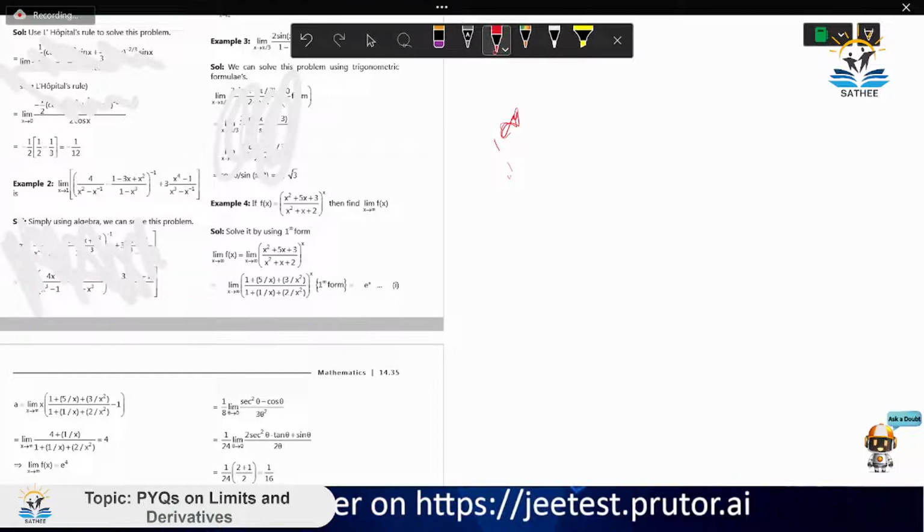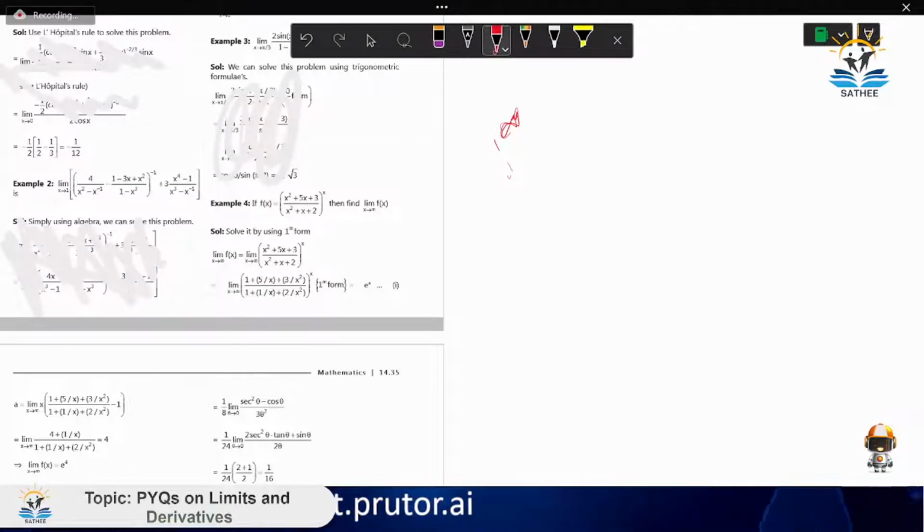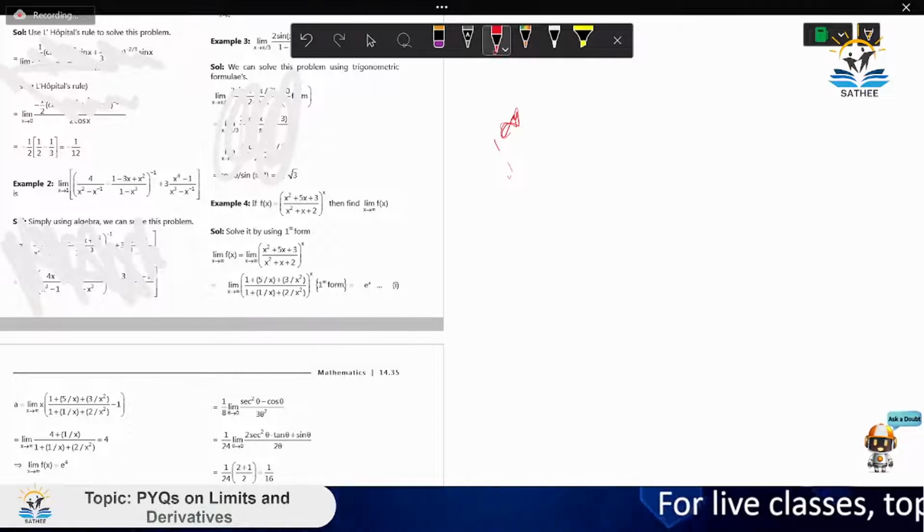In this case, if you check, putting x equal to infinity gives us a limit which tends to a form of 1 to the power infinity, right? And you know how we solve that? We solve that by making it in terms of e to the power x. See how we do that, I'll tell you. So you know that, right? We can write y to the power x as,